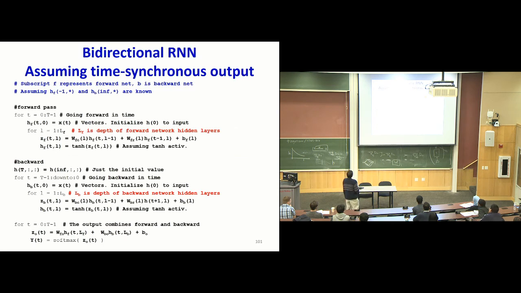So here's what the actual computation is going to do, right? You'd have the forward pass. This is just the conventional forward pass. This is the backward pass. It's just the forward pass, but then going backwards through time. And then observe what's happening over here. The affine combination at the output is a weighted combination of the hidden representations from the forward pass with its own set of weights, plus a different weighted combination of the hidden representations from the backward pass with its own set of weights, plus a bias, and that's what you're actually applying the final activation on, right? So you see how the whole thing works.